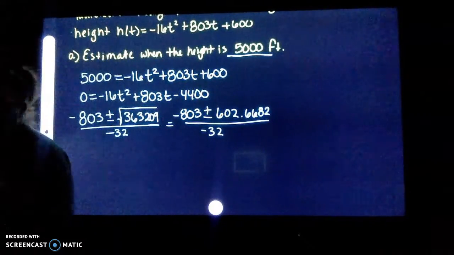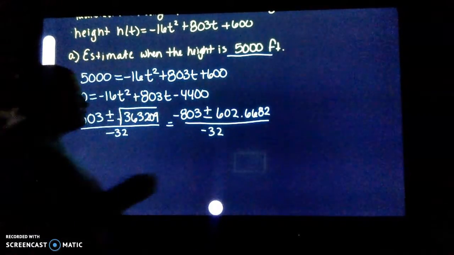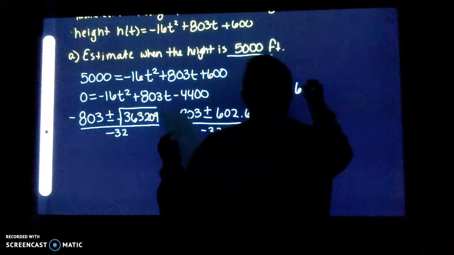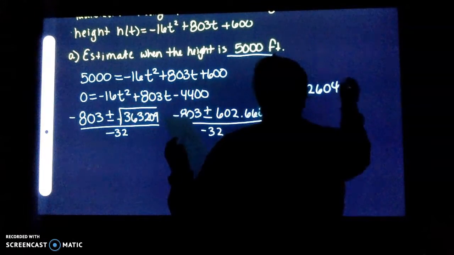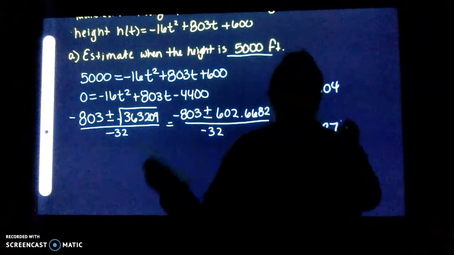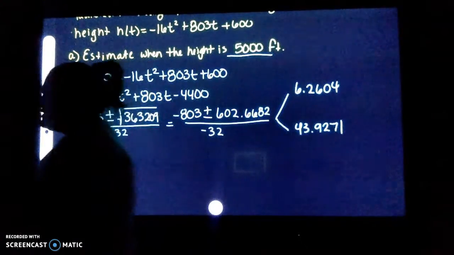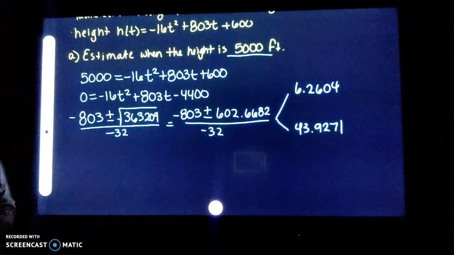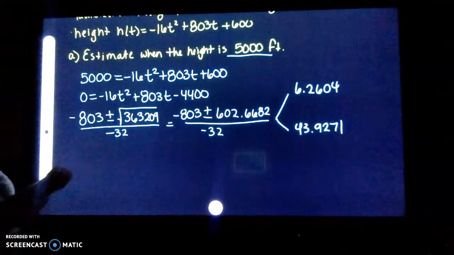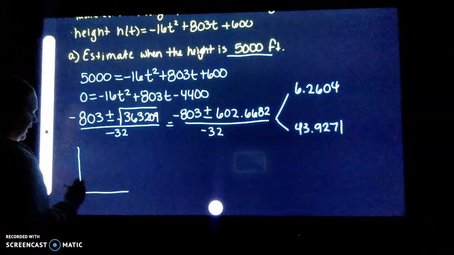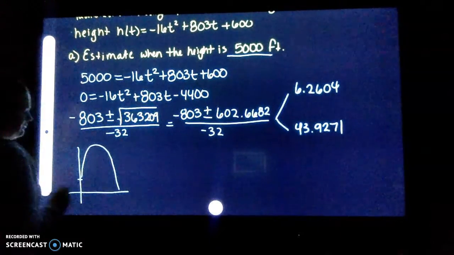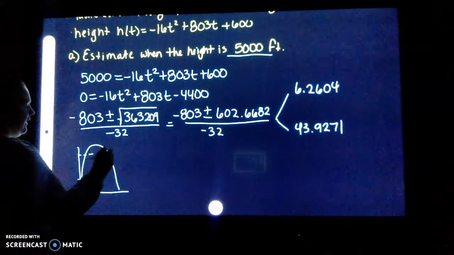Over -32. I go ahead and I split it into an addition and a subtraction problem to get my two answers of 6.2604 and 43.9271. So I don't understand. How do I get two answers for a height? Well, if you know anything about a projectile being launched, I know that after it's launched, it has to come back down. So if this is 5,000 feet right here,